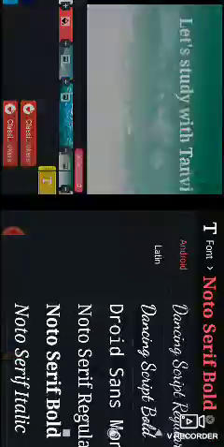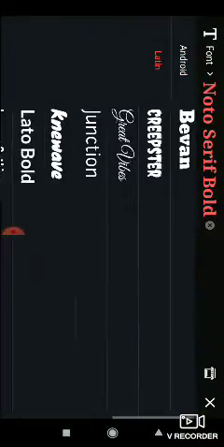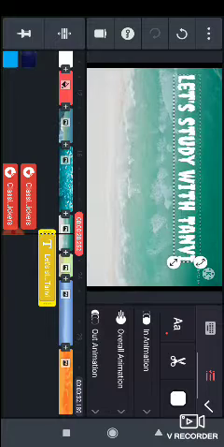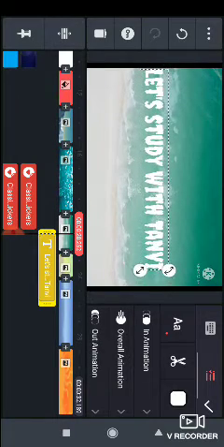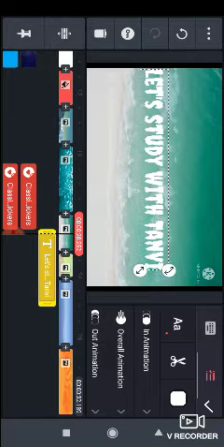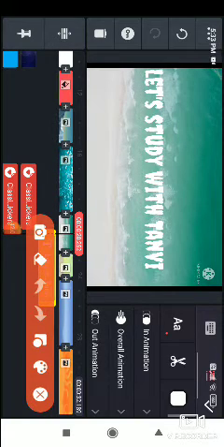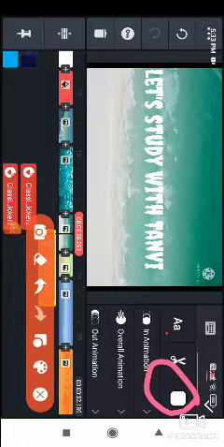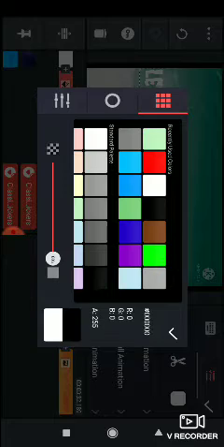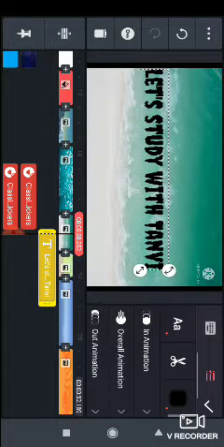Now let's take Latin. In Latin there are many nice things. I want to take this one. It looks creepy, and it is not looking nice, so we want to change the color. For that we have to go over here to color and take black. It will look nice.